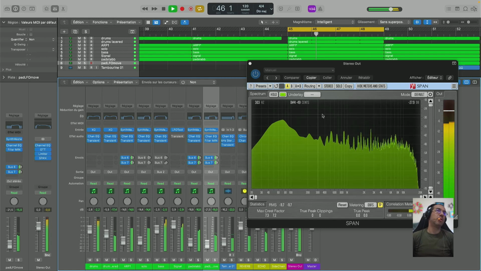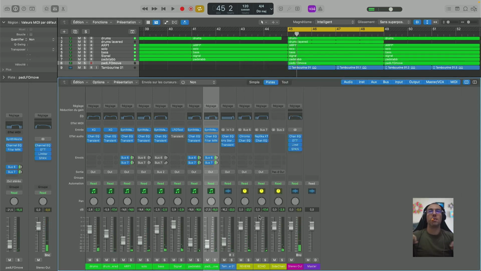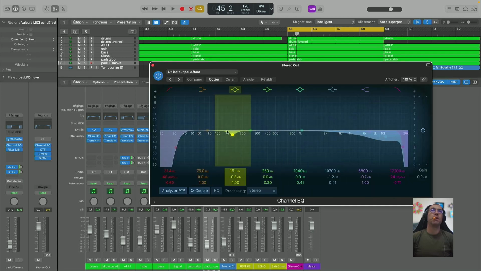So Span is really helping you to see a little bit how your tracks are, how the balance is, the frequency range level, and then what I used,